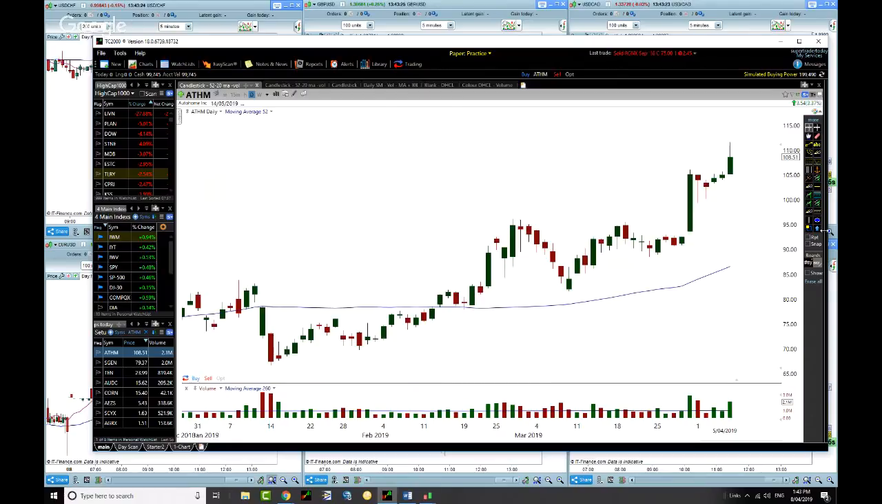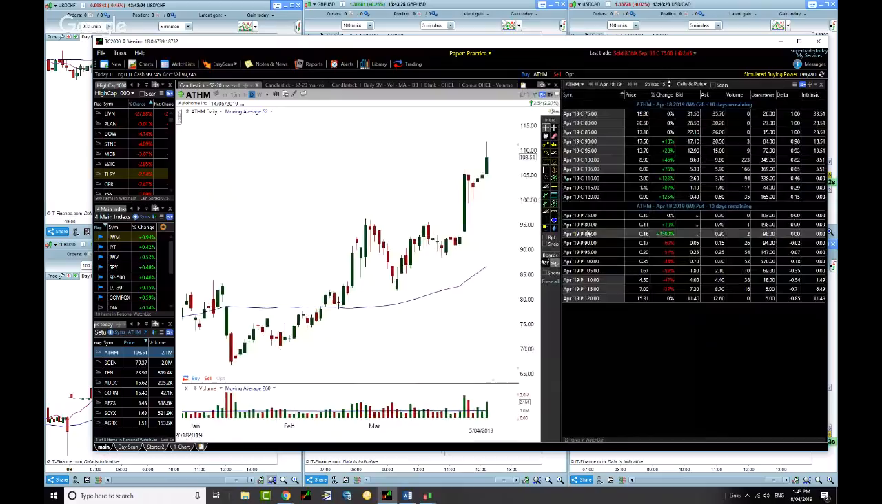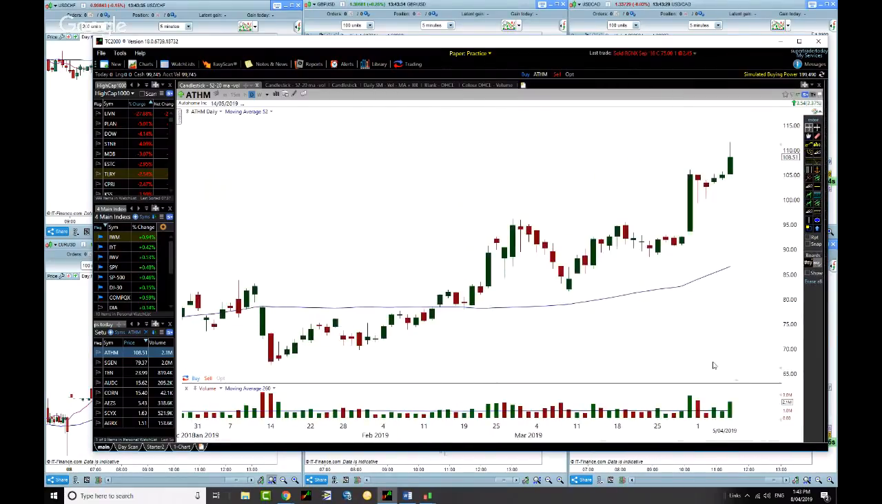So, for example, ATHM, right? This was an options trade, as you can see. So these are all the different options. And so I use Interactive Brokers to place my option trade. And it's that easy. And because of the leverage with options, if you're really good at picking good quality trades,